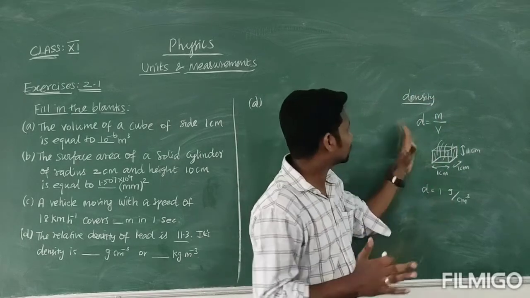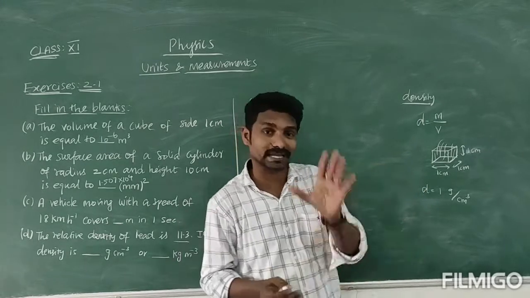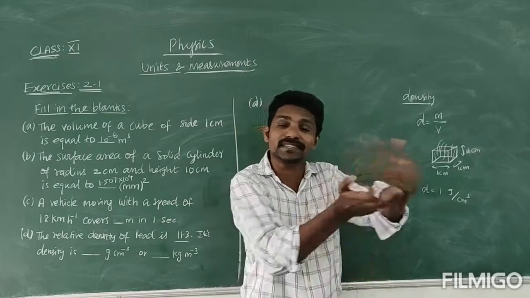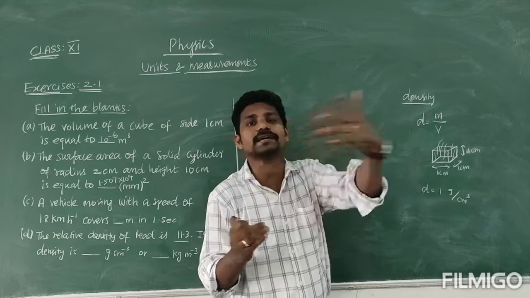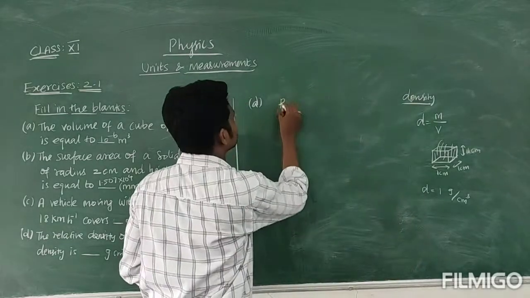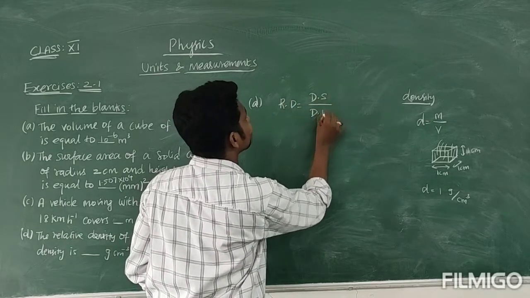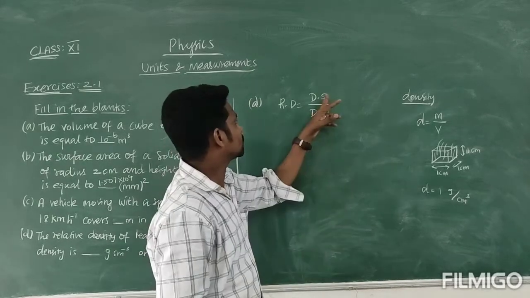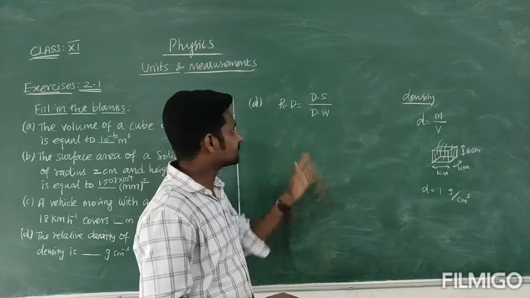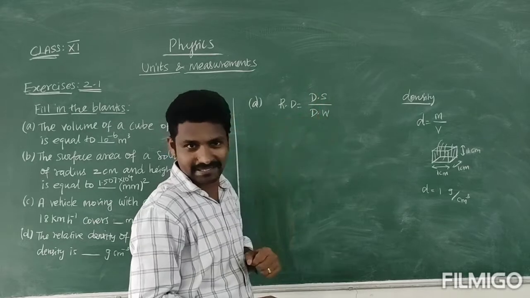Okay. So now you know the density means mass by volume. Right. Then what is relative density? So the relative density means we have to compare the given density of the material with the water. So how many times the density is there compared to water. Okay, so that is relative density. So that relative density formula: relative density is equal to density of the given substance divided by density of the water. It is a formula. This is from hydrostatics. Even 9th standard also it is studied.